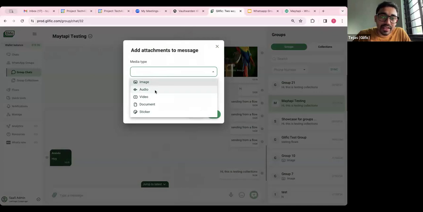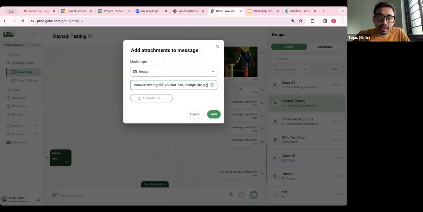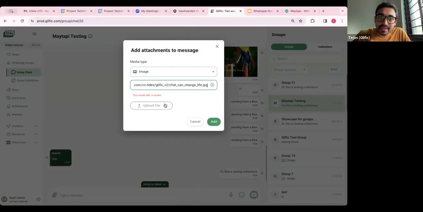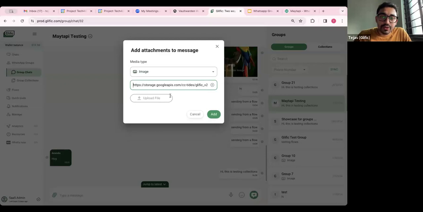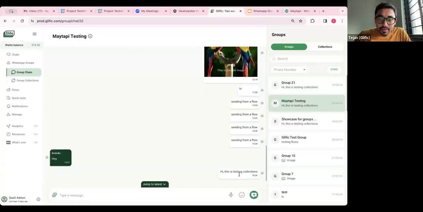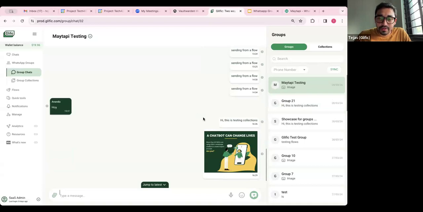You can send image, audio, video, document, stickers, these kinds of media to your groups. You should have a Google Cloud storage, upload the media to the bucket and then take a public URL from there. But essentially, the functionality then allows you to send media.